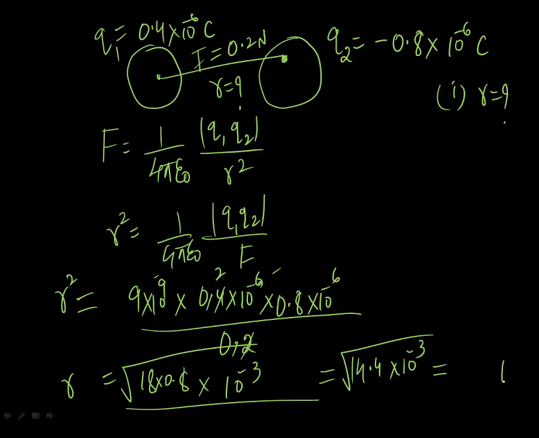Odd negative powers taken out of the square root will be a tedious task. So I will make this minus 3 as minus 4. Under that scenario, this 14.4 will become 144. So it's a perfect square. Square root of 144 is 12. And 10 power minus 4, if it comes out of the square root, becomes half of that, so minus 4 by 2 is minus 2. So this is the distance. Since all the values are in SI units, the end answer will also be in SI units.